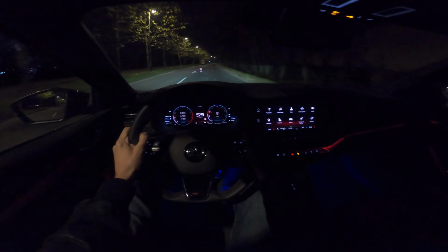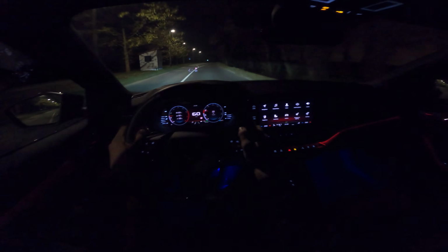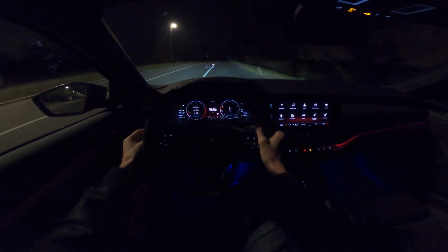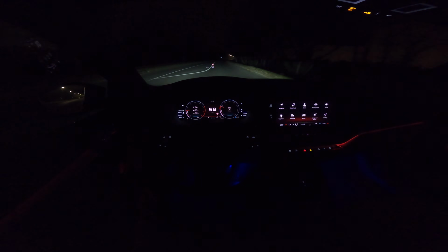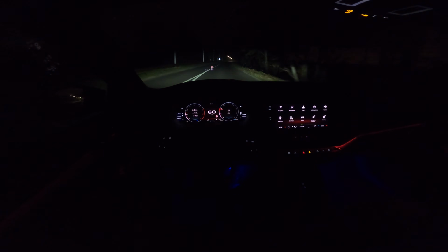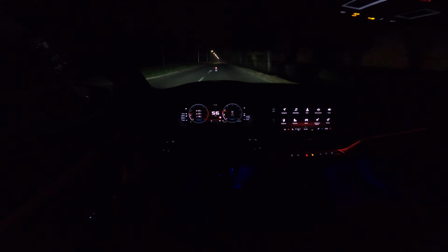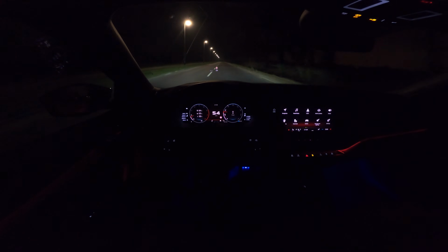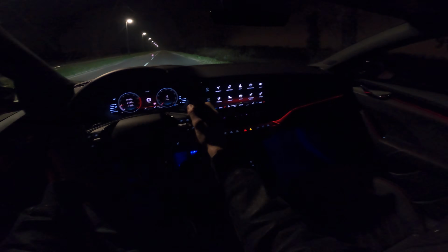Okay, so we're coming to our road, to the part where there is no street lights. We're gonna test the performance of the headlights, but we're also gonna see, if I push to the forward, then the automatic beam is gonna turn on. You can see how it's spread. It's also going to narrow back when we come to the area where there is lights. You're gonna see that in a second. We're also gonna come to the part where they're turned off completely. Okay, no one behind us, and in front there's